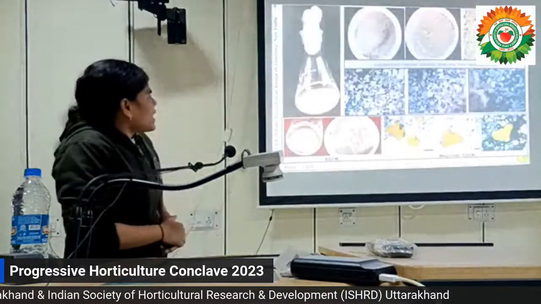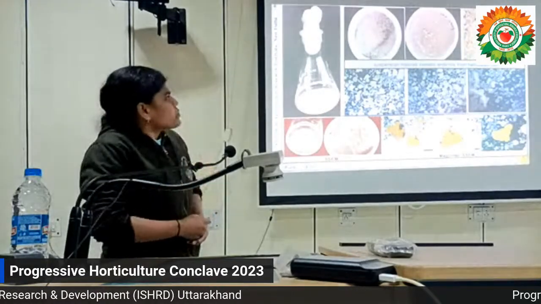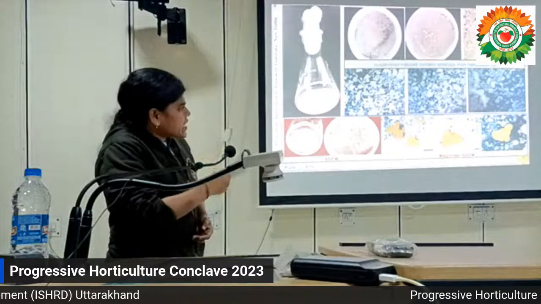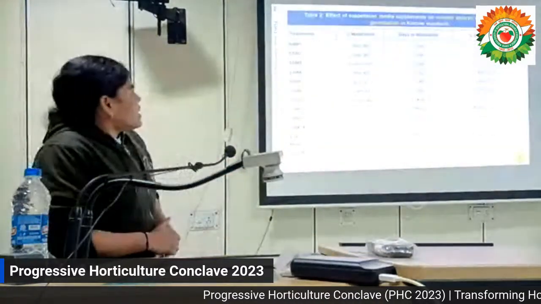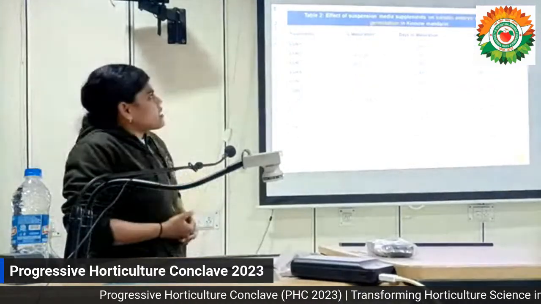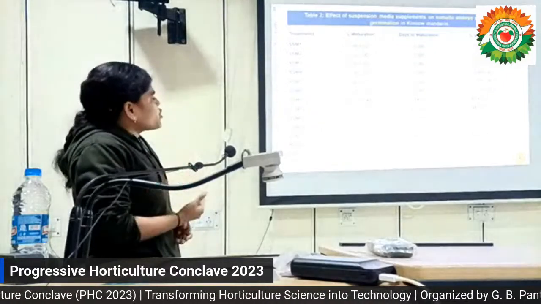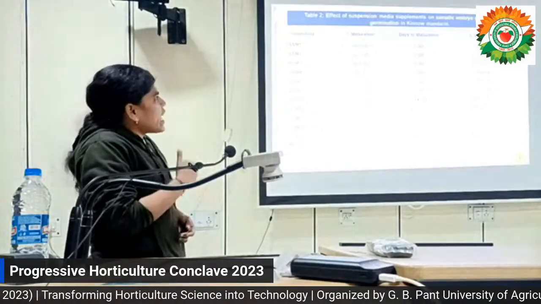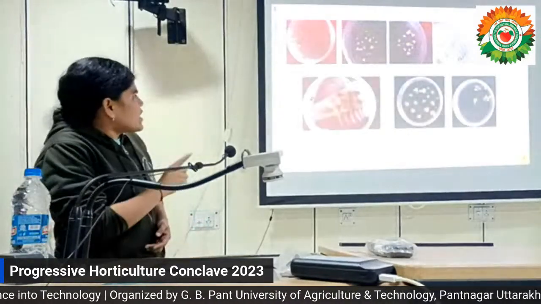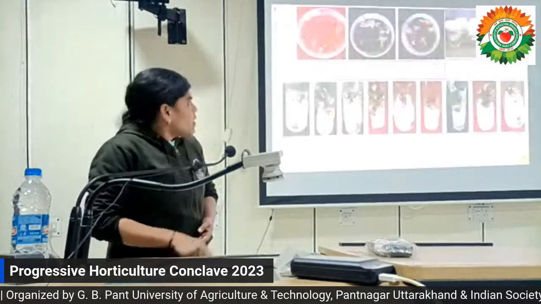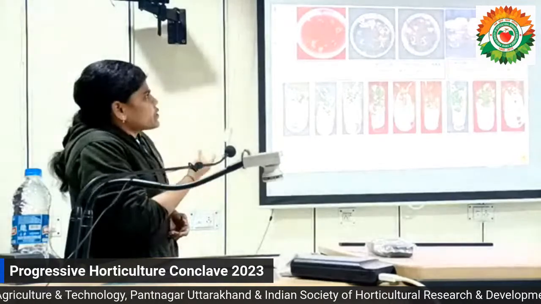This is the photograph showing SSM1 with somatic embryogenesis and different stages of somatic embryogenesis from globular to heart stage. Similarly, when subjected to maturation and germination, days to maturation was early at SSM15 and germination was early at SSM12. These are the different stages showing maturation and germination. And after germination, bipolar conversion was initiated.